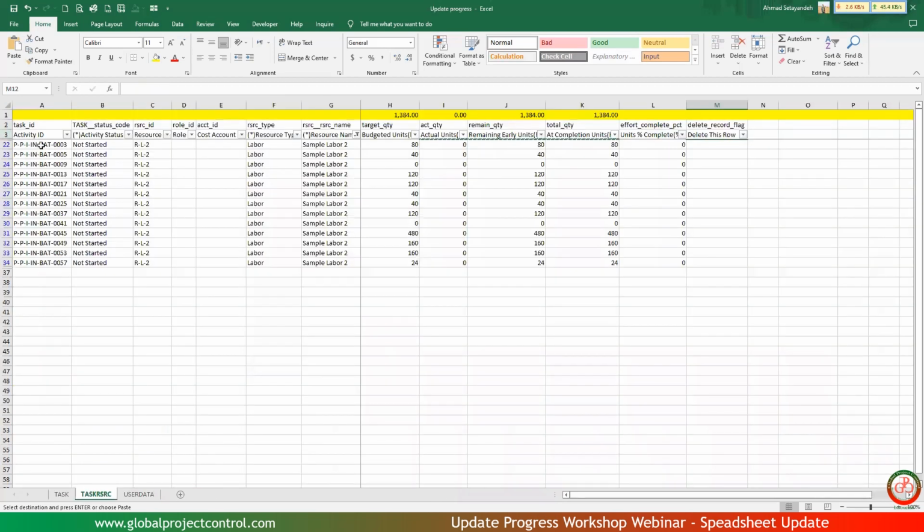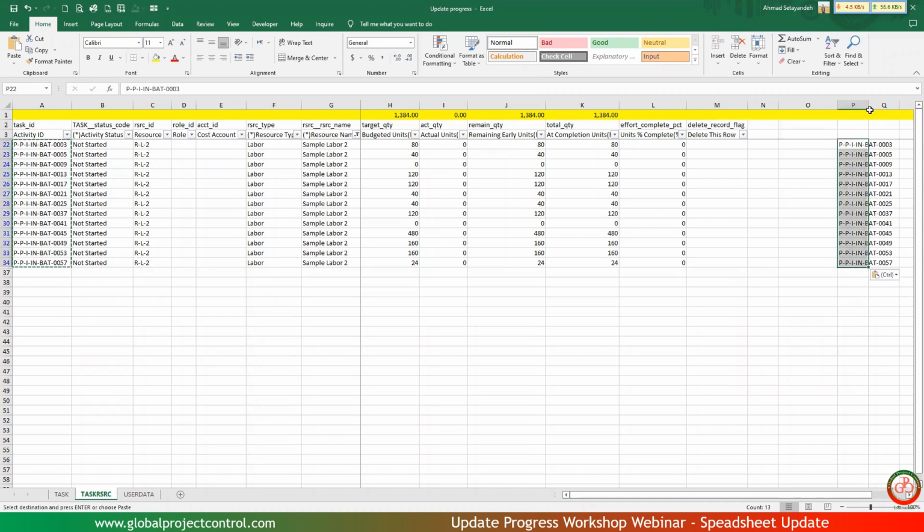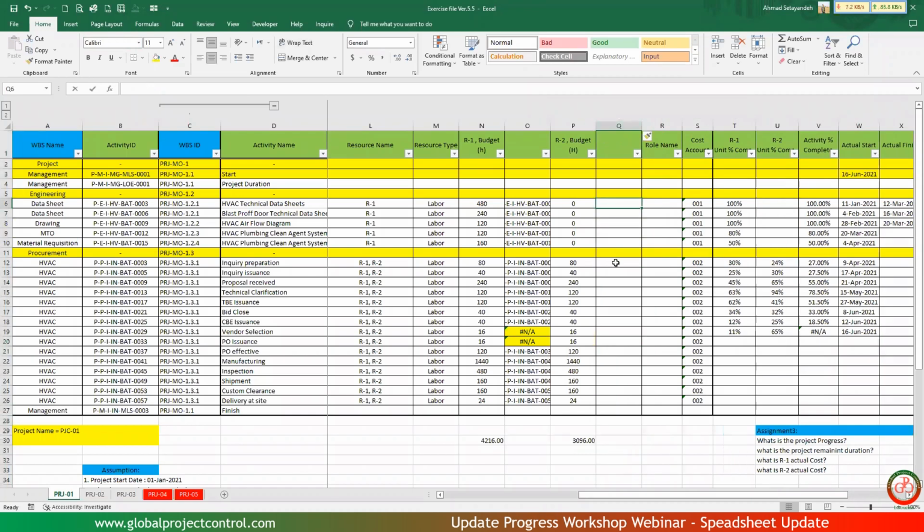I select these fields, select the visible, copy, paste it into another column. Now I want to compare the availability of this code on my spreadsheet. So I add another column here,